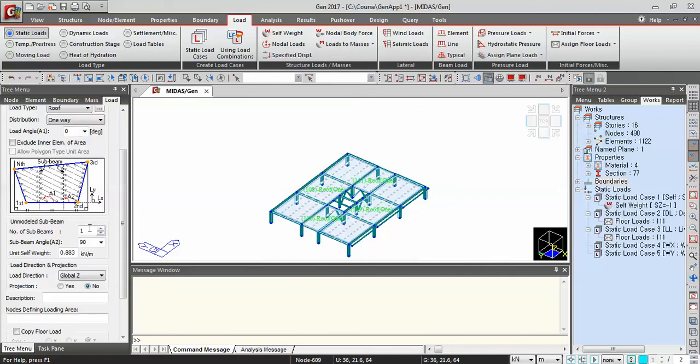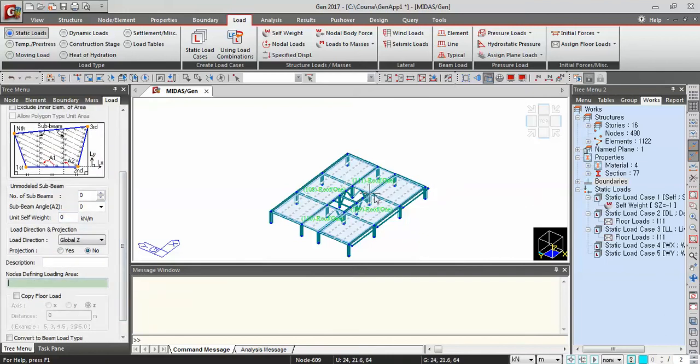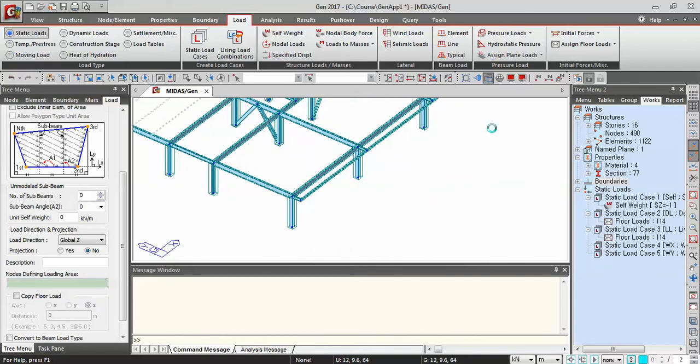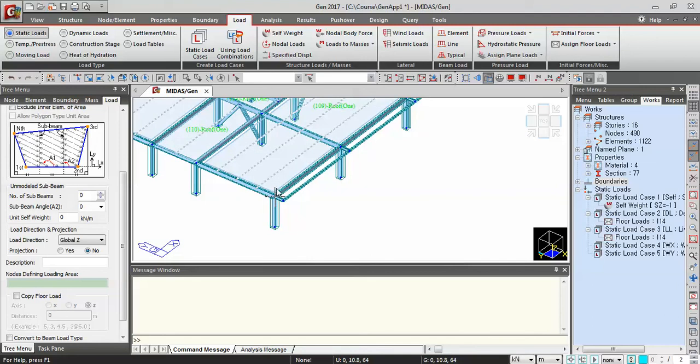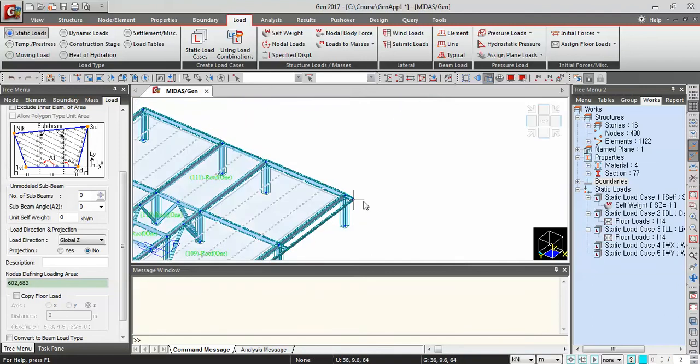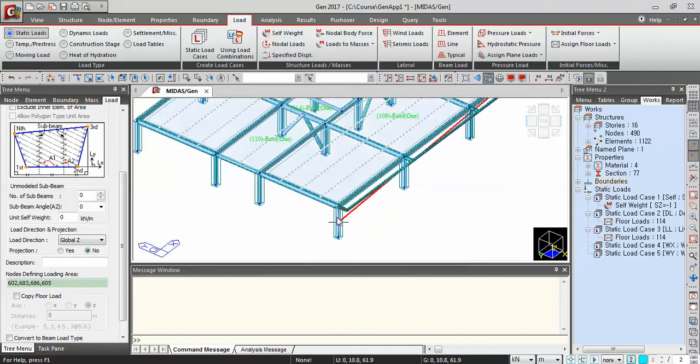Now for the last one with everything 0. Lahat na po sila dito sa gitna, lalagyan na po natin ng floor load. Okay. And last but not the least, huwag po natin kalimutan itong maliit na area dito sa labas. There you go. So we are now done